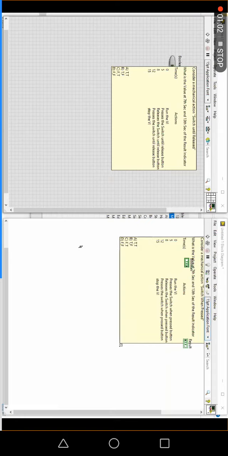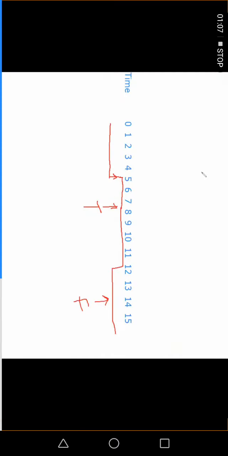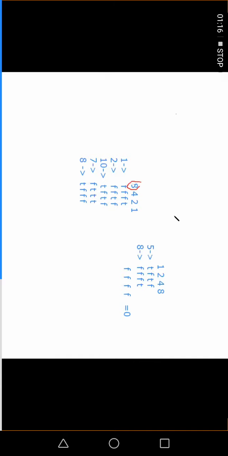So see here, let me delete this one. Here, so time will be available. Okay, same thing. So switch until release means until you are pressing, that is until you are releasing your switch, you will get the result over there. So now see here, I am going to draw the diagram here.